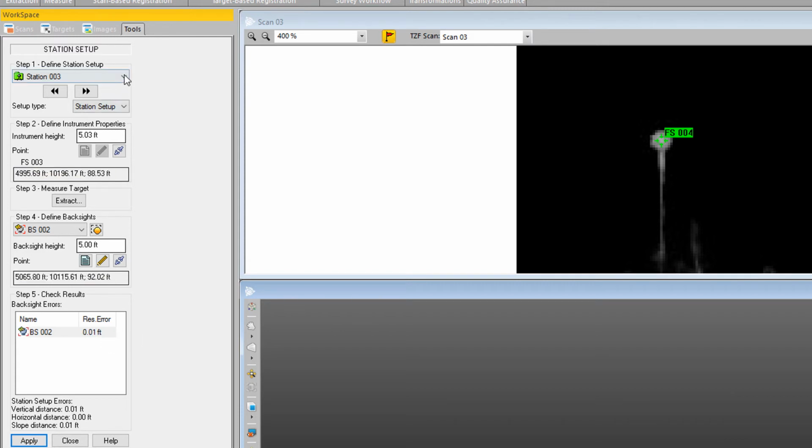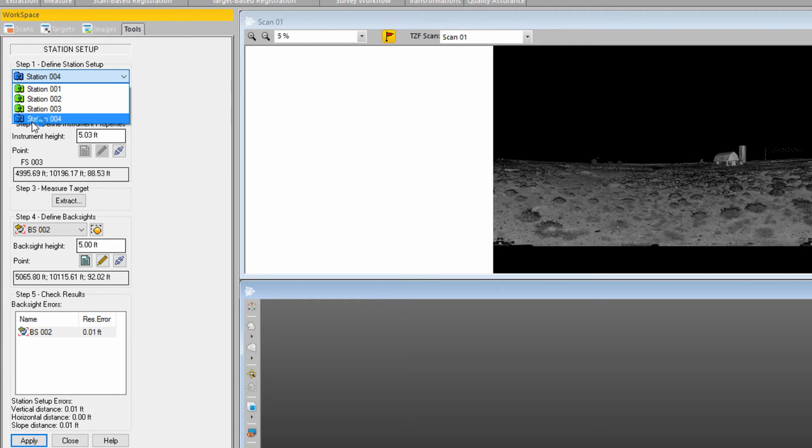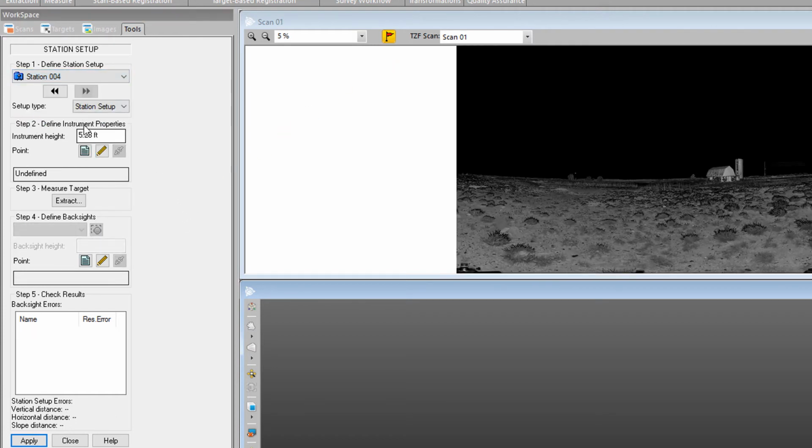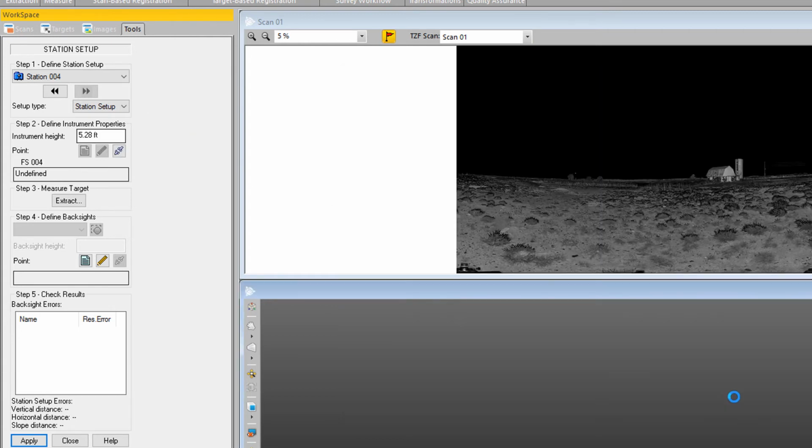So now I'm ready to move on to my final station, station 4. I'm going to enter in the instrument coordinates. So I'm sitting on station 4. That's going to be foresight 4. And again, you can see how easy this goes when you use a nice naming convention. Then I'm going to, again,